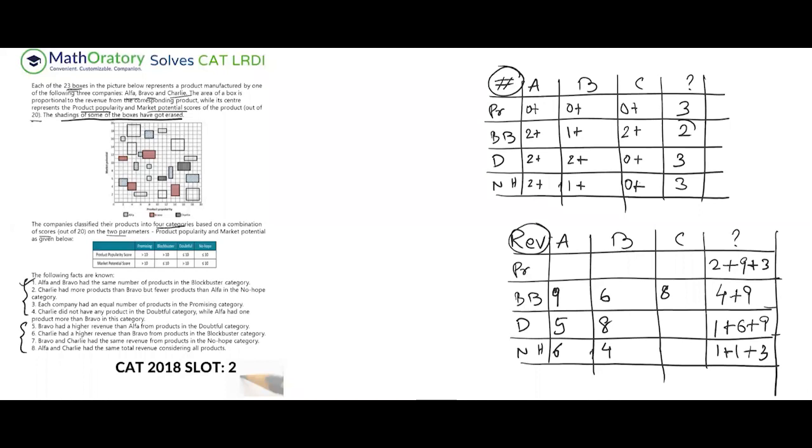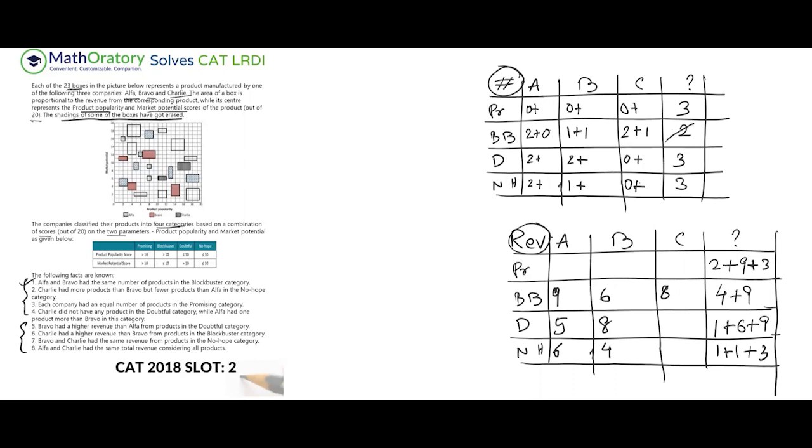Now the unknown ones were two here, right, in the blockbuster category. So I cannot transfer one and one, right? The only way I can make these two equal is transmitting zero here and one here. So if there is zero product going here and one product going here, it automatically implies there is one product going for C. So this blockbuster category is done. So we can take this off.